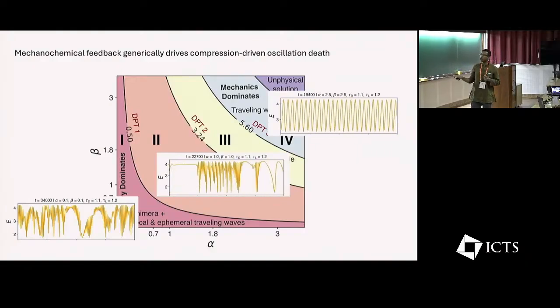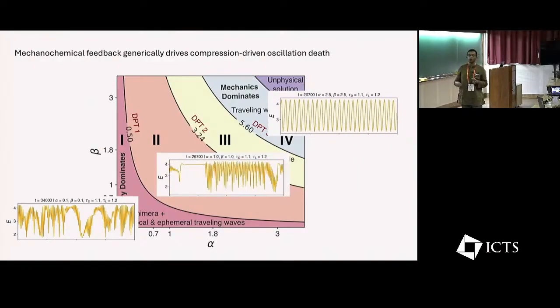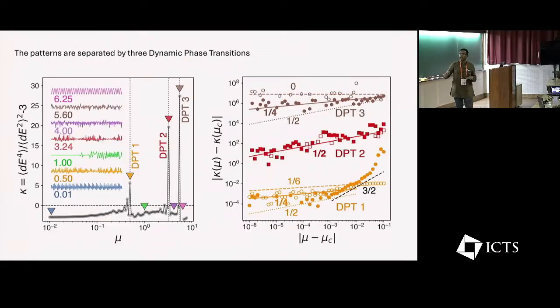And what is special about this picture is that wherever you don't have any oscillation, that's where the cells are compressed. And wherever you have oscillation, that's where the cells are extended. This is very similar to the picture that I had shown you in the very first slide. And that gave us a lot of confidence that we are on the right track. So we wanted to understand what is going on over here. So we analyzed this transition.